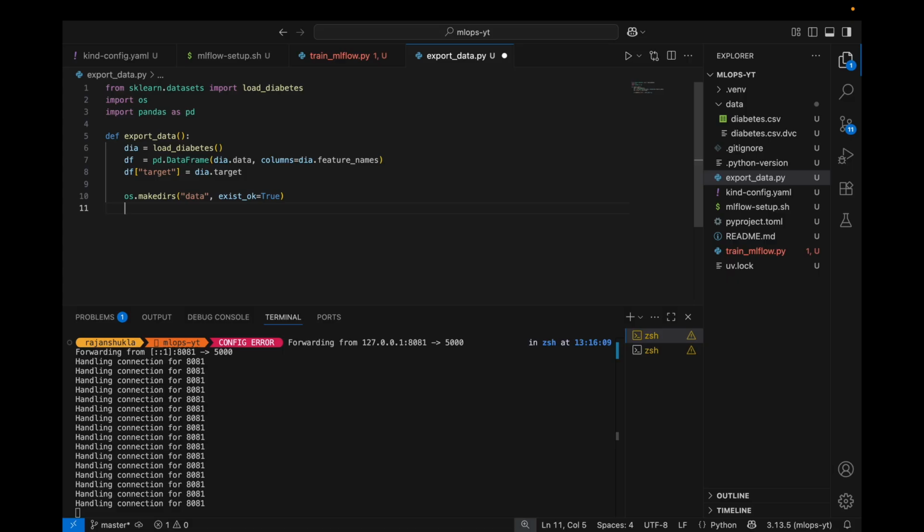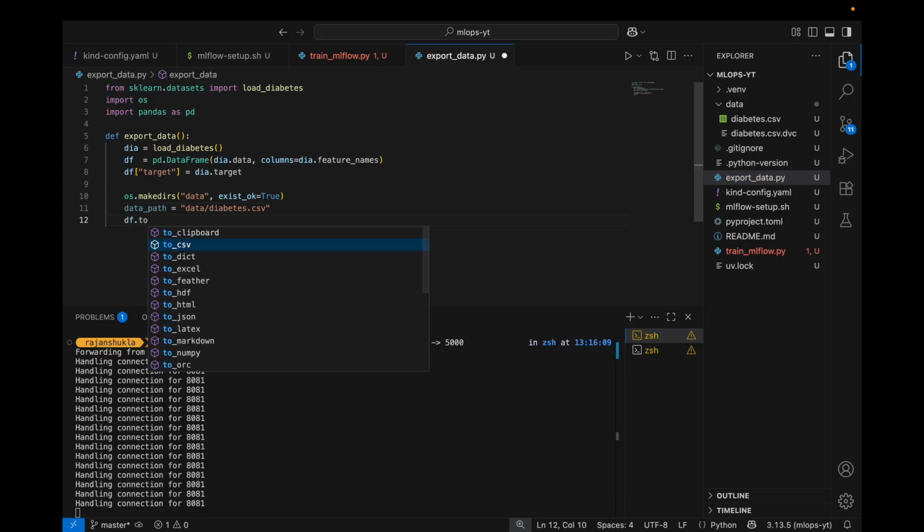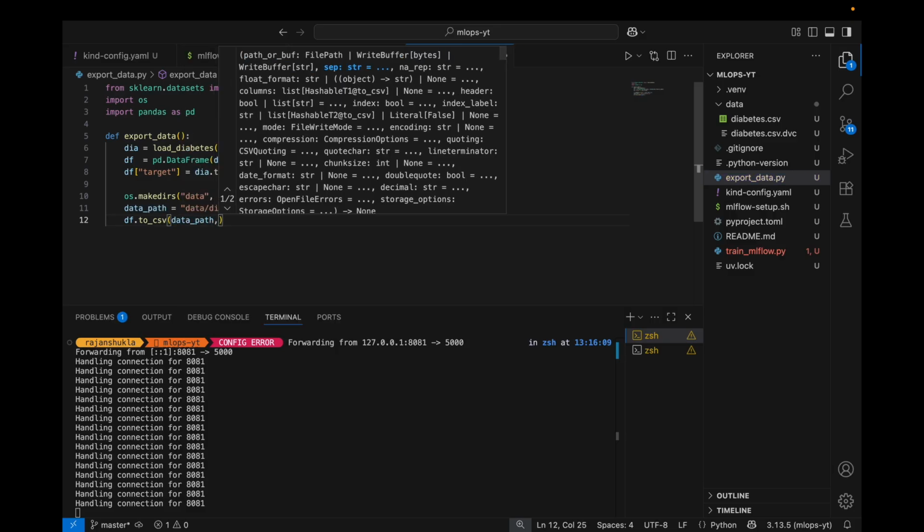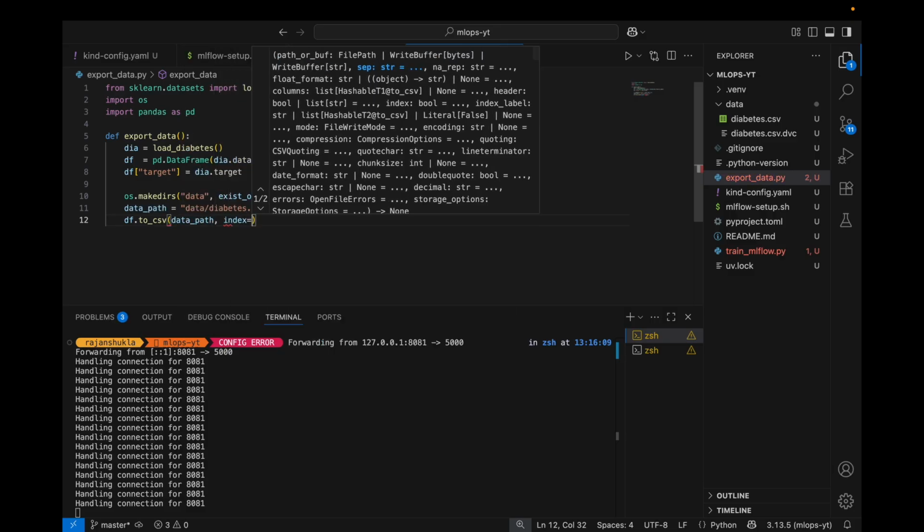And second thing is let's also define the data path. Same, we can also take it from there, but diabetes.csv. df.to_csv data_path, comma, index, let's not give it,